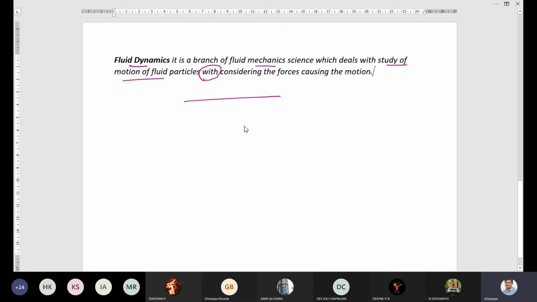Here is the same pipe with some fluid particle. This fluid particle is moving along the x direction from point number 1 to point number 2. During the motion of the fluid particle, the change in velocity is v, acceleration a, and time is t. Always fluid will flow from one point to another due to pressure difference. Pressure is equal to force by area, so area and force come into the picture. So there is some kind of force acting on this fluid particle.